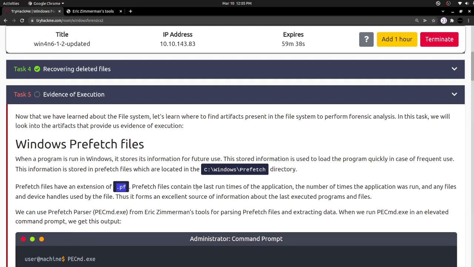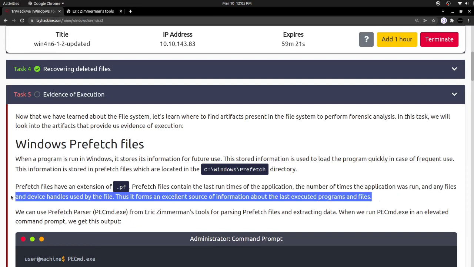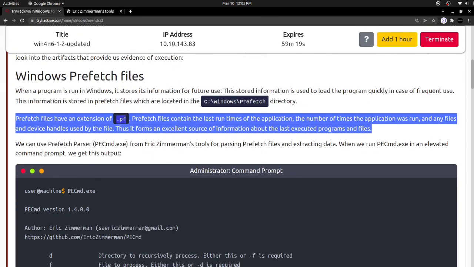Prefetch files contain the last runtimes of the application, the number of times the application was run, and any files and device handles used by the file. Thus, it forms an excellent source of information about the last executed programs and files. So this is another excellent place to look in order to find the previously executed files and programs.